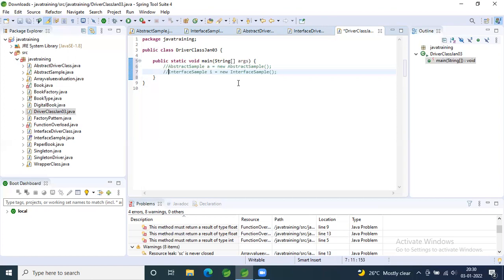So for both abstract class and for interface, you can't create an object. But you can create an object of your child classes, whichever implements the interface or extends your abstract class, and not directly from the abstract class or from the interface. That is the third point. Now here, try to create an object for your child class, where you extended or implemented the interface.